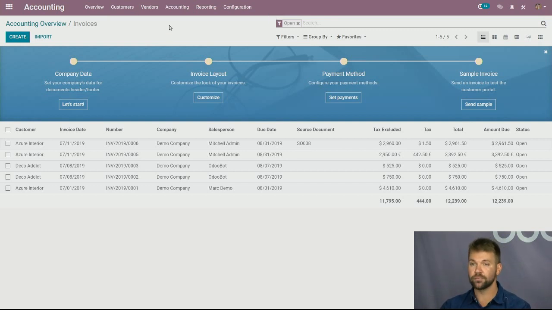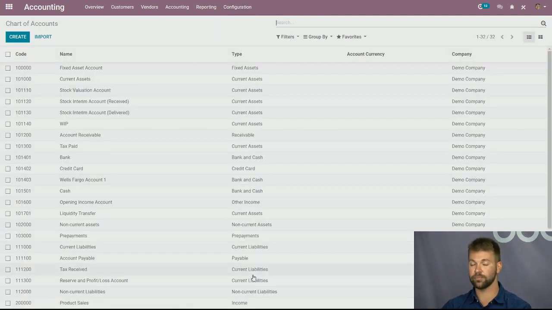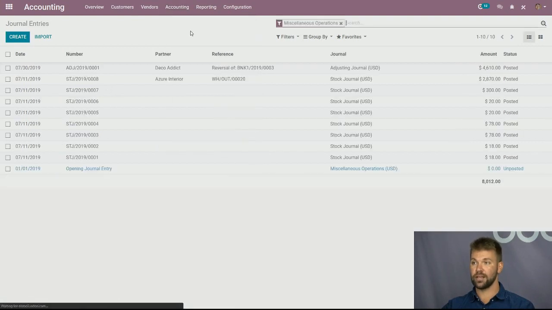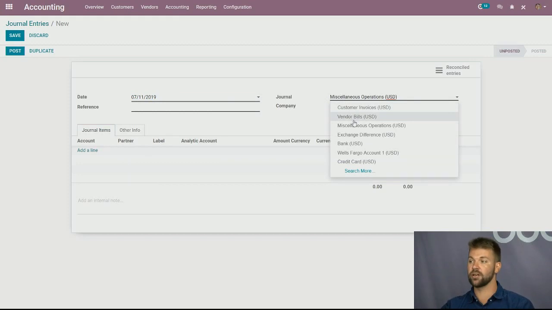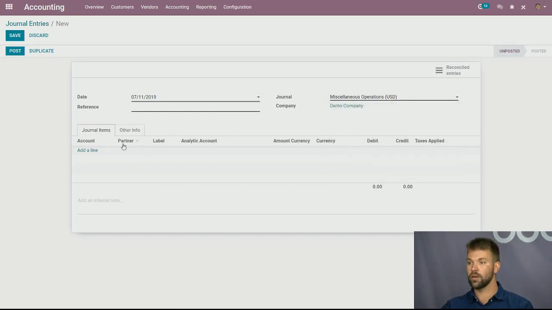An opening period, straightforward from an implementation standpoint. First and foremost, you set up your chart of accounts, get that up and running. And now you want to do your opening balance journal entry for your assets, liabilities, equity, expenses, income, because you may be starting at the beginning of the year, but you also may be starting in the middle of the year. So you'll create a journal entry hitting all the accounts you want. This is where you could use the adjusting journal entry journal or what have you,